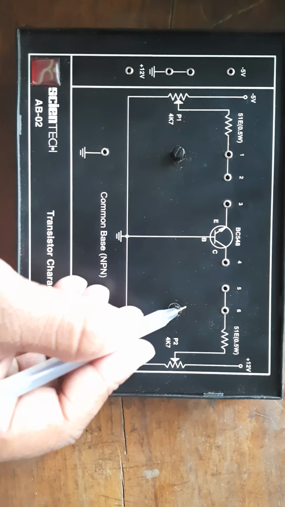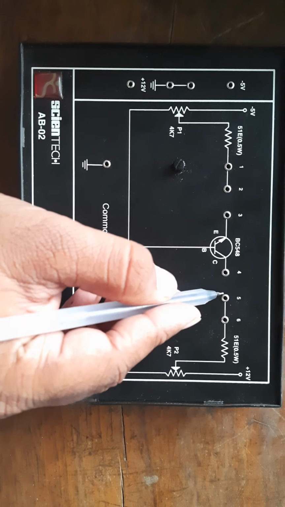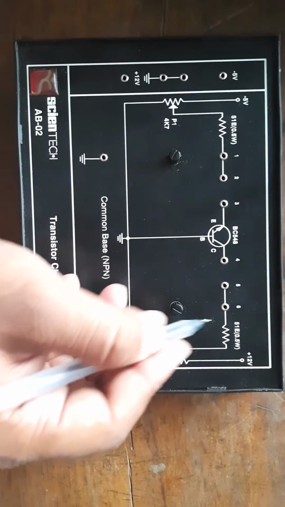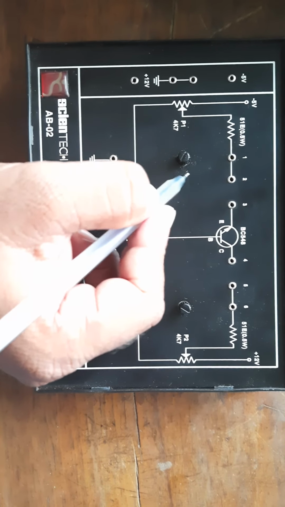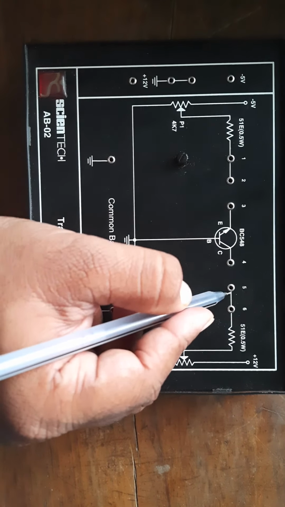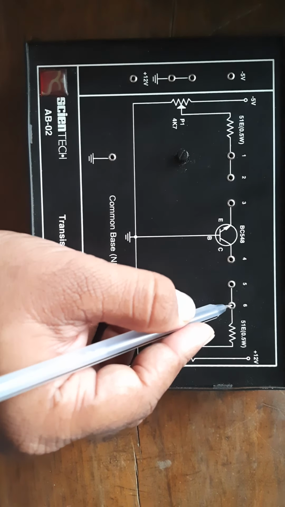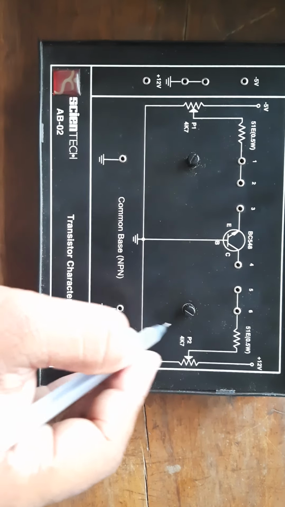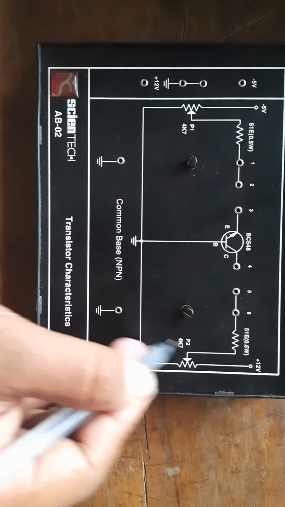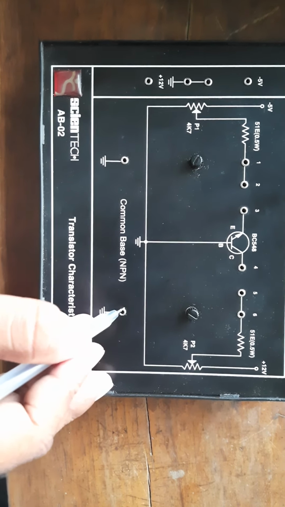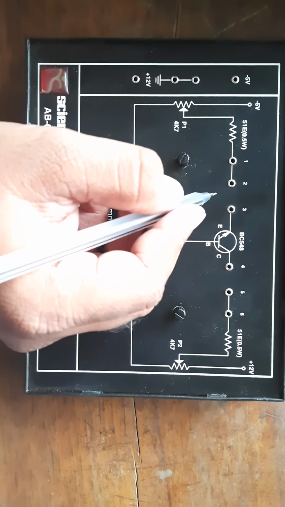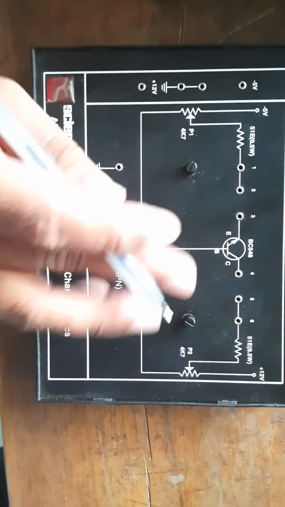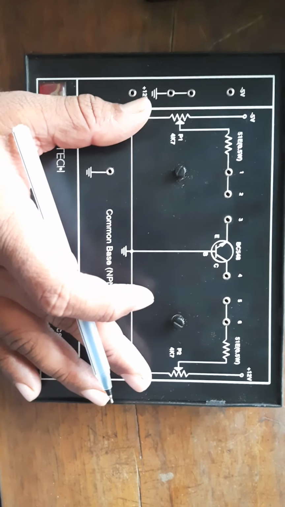When we want to see the output characteristics, we observe the IC current and the collector and base voltage. That is the output characteristics. Right now we are only concerned with input characteristics. So we short 4 and 5, so it is directly connected. Then we connect a multimeter in voltage mode, red terminal here and black terminal to ground. So we need three multimeters, two for voltage mode and one for ammeter. This is how we complete the circuit.